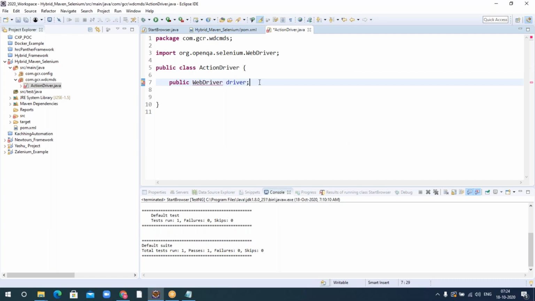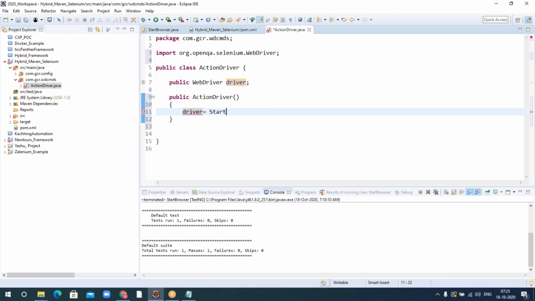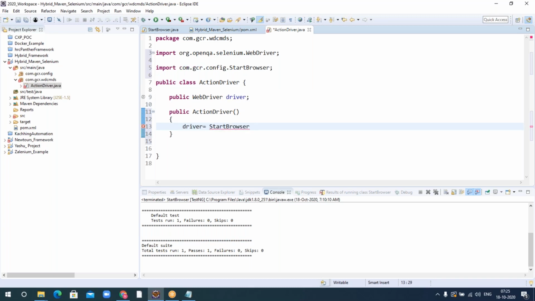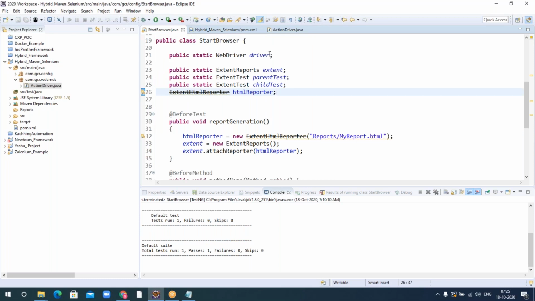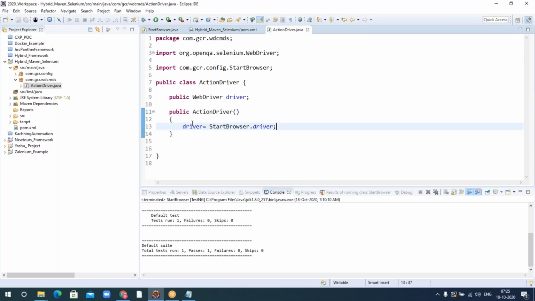So I need to import the package, and then I'll create a constructor, public ActionDriver. And I'll assign this variable driver to StartBrowser dot driver. That means whatever driver instance I created in the StartBrowser, this driver, I'm assigning it to this driver. Okay? And let me create the first customizer command.